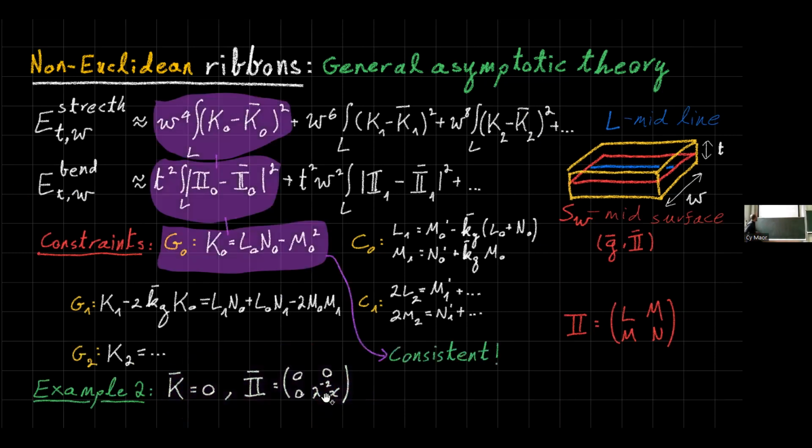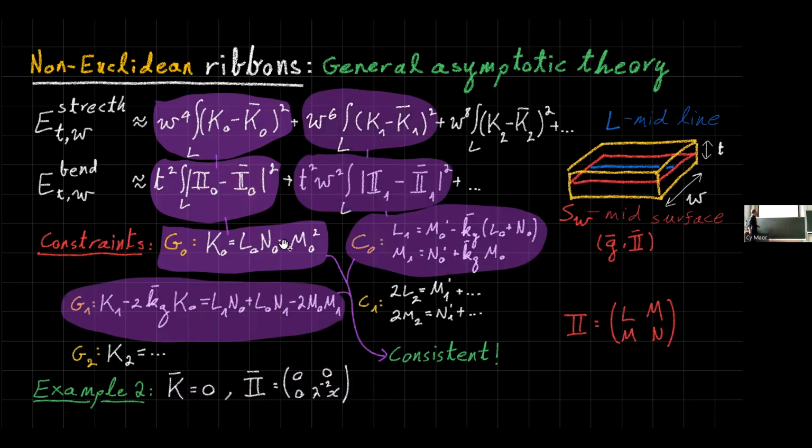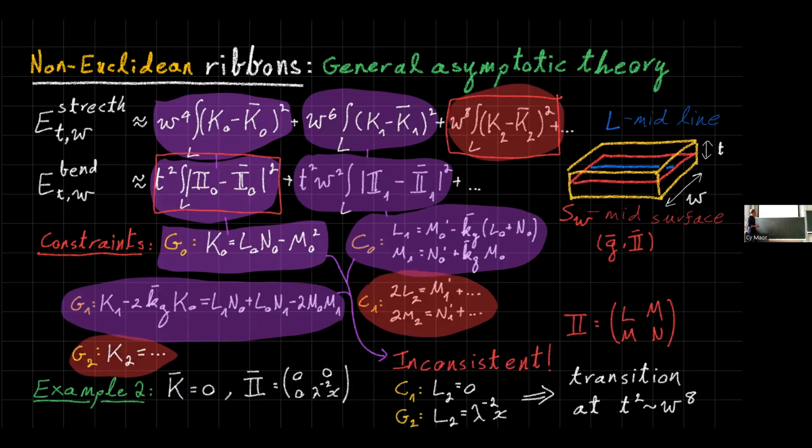So now you start to analyze. The first term is consistent because kappa naught is 0, but the determinant of the second fundamental form is also 0. So this is fine. You go to the next term. This also turned out to be fine. Only if you go to the next term, you have inconsistencies. Somehow the first order Kodazzi tells you that the second derivative of this component should be 0, but the Gauss equation tells you that the second derivative of this one term needs not to be 0.